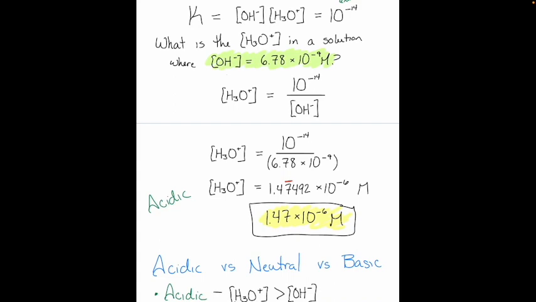Okay, these negative exponents are going to play a really important role in this particular chapter. When we're talking about concentrations of these two species, they tend to be quite low. So expressing these concentrations with negative exponents is going to be really common. So remember, the more negative the exponent, the smaller the number is. Those are tiny numbers.